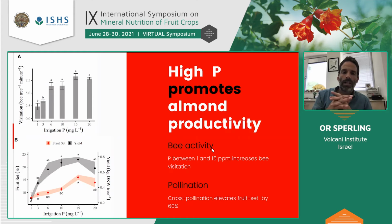Essentially these values are actually low when we think of field production, but in this case the yields were about a single kilogram for a tree for this season. The trees were still young, and also in this experimental setup, there's other limiting factors for actual production. So